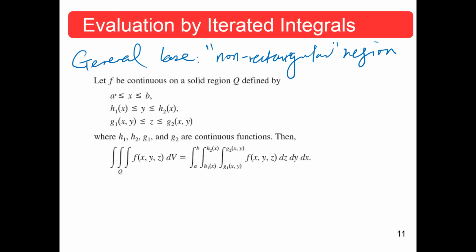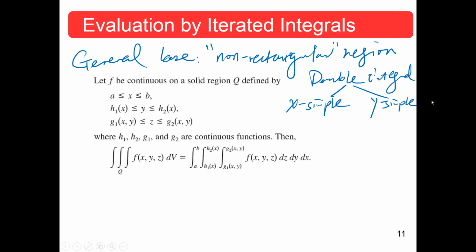So remember when we were talking about double integral, we mentioned that there's X simple and Y simple, if it's Cartesian, or you can do R simple, theta simple if you're using polar coordinates, right? Yep. So similarly for triple integral,